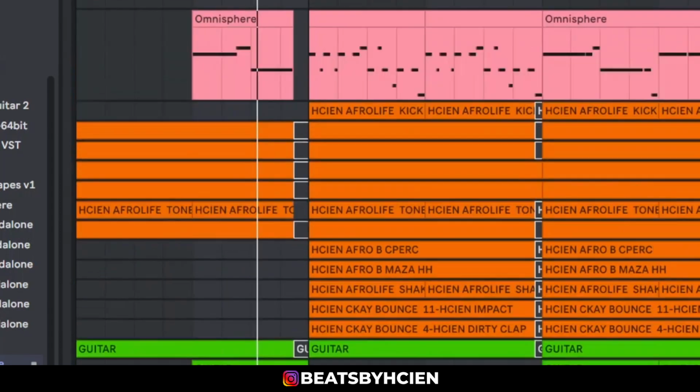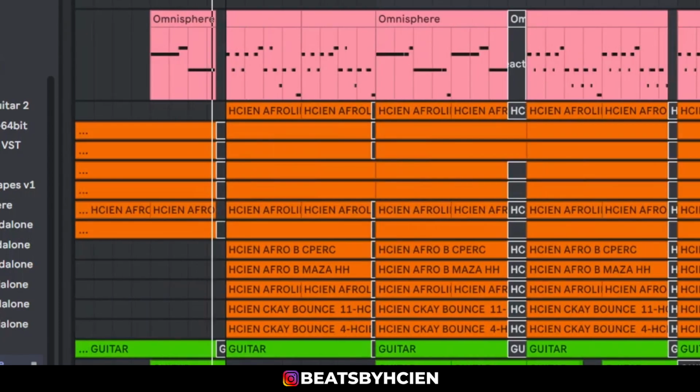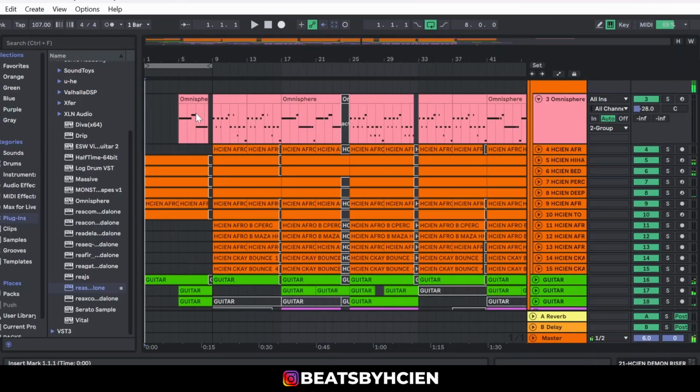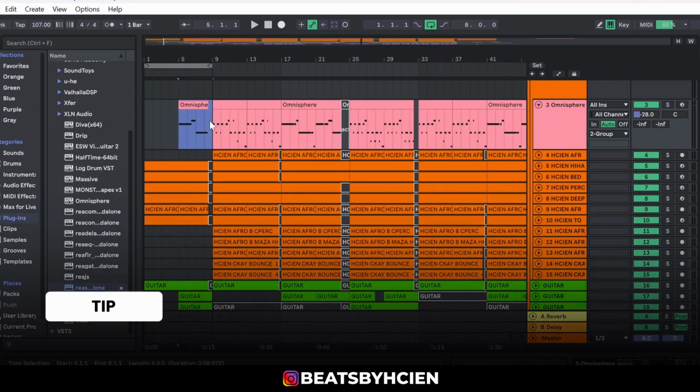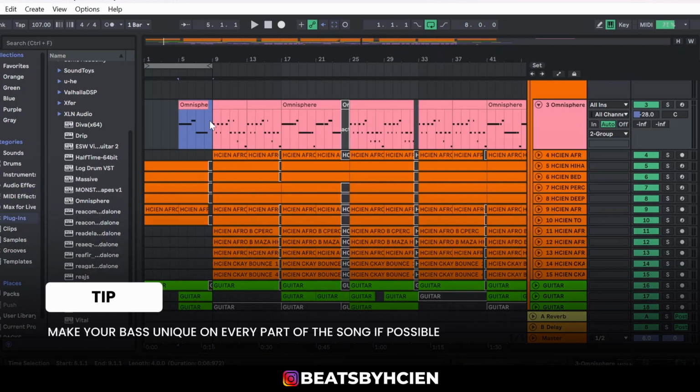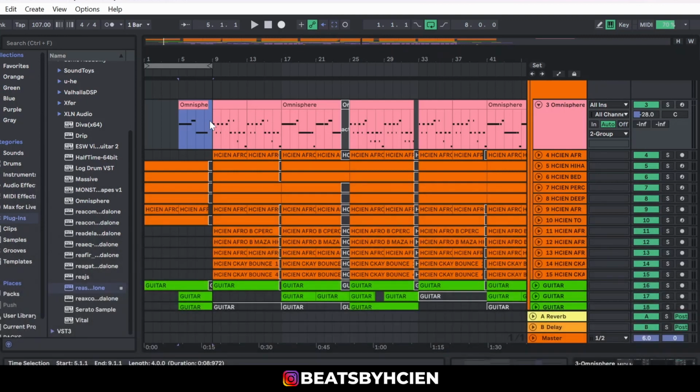and I'm using the bass as well. Yeah, you can see I'm using a different bass, it's not that vibey or groovy. So it depends on the kind of beat that you are doing. But a little tip: make sure your intro bass is different, your verse bass is different, your bridge is different, and your chorus is different. If you can, it helps to give the whole song a different vibe. And you don't necessarily need to play a new bass in total. You just have to tweak little things here and there, which I'm going to show you how I did